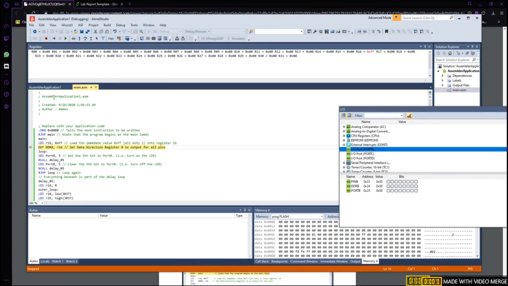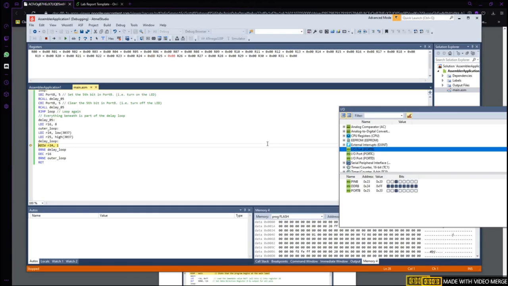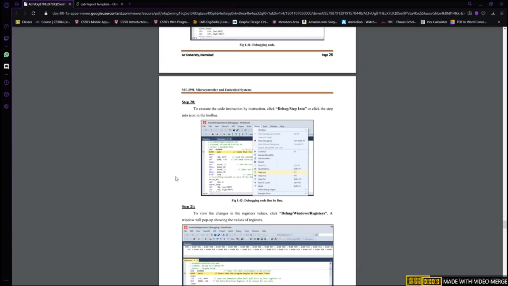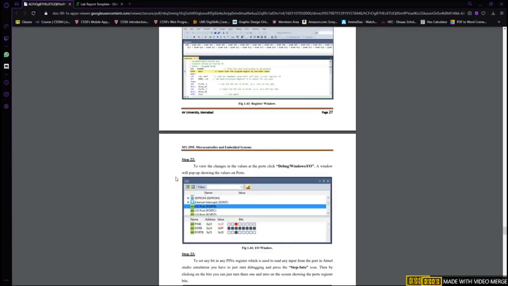So as you can see, it's moving. Now as you can see over here, these are reds, that means there is no data in it. Over here it's bit 5, these are bit 6, and so on. If I keep on pressing step into, it keeps on changing. So our program is debugged, all of it. Now after that, what we have to do